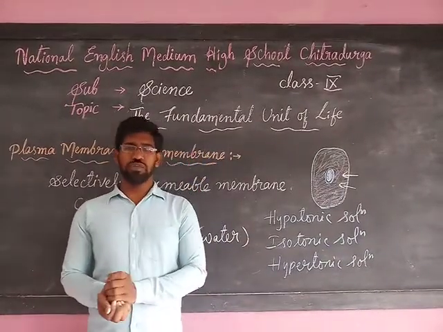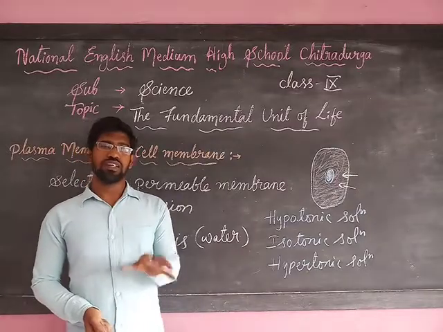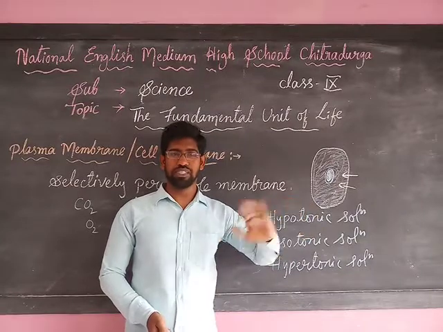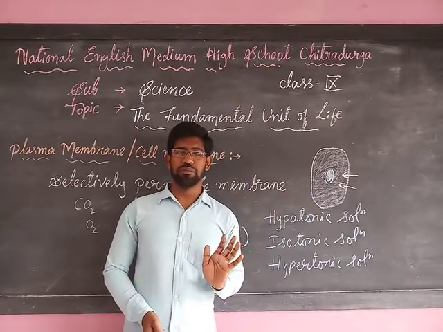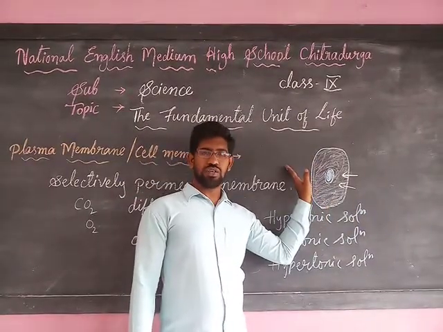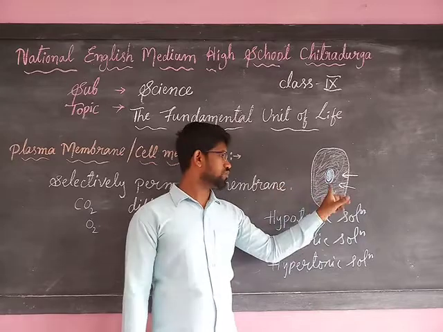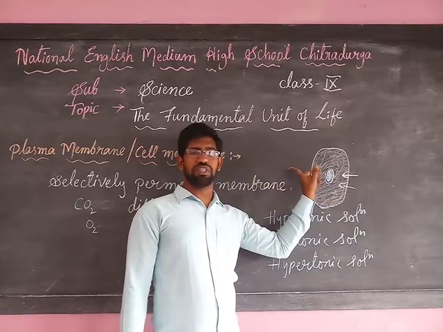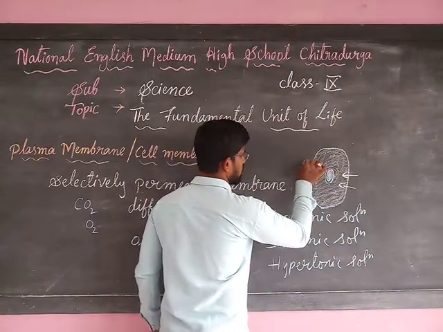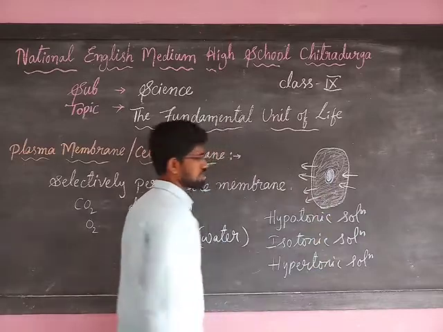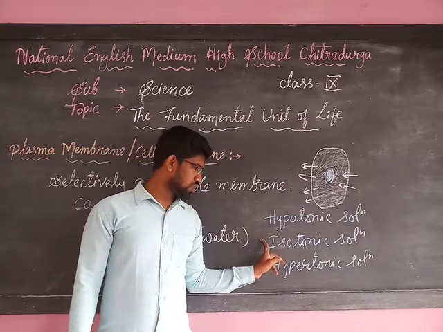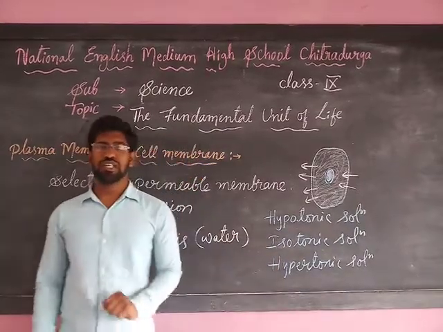The hypertonic solution means the concentration of water is maximum inside the cell body than the outside. Hyper means high inside the cell body. Remember, the water concentration is high inside the body than the outside. So as a result, the water molecules will exit from the cell body. Understood? So when the hypertonic solution is present, the water will eliminate from the cell. So such types of solutions are called hypotonic solution, isotonic solution, and hypertonic solution.